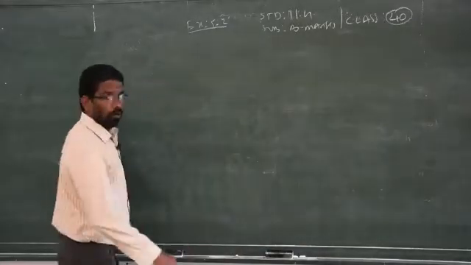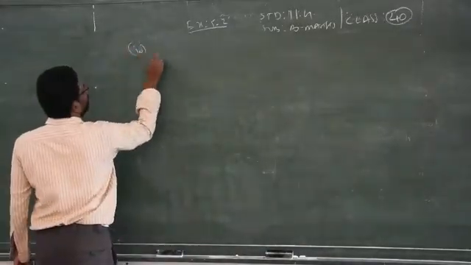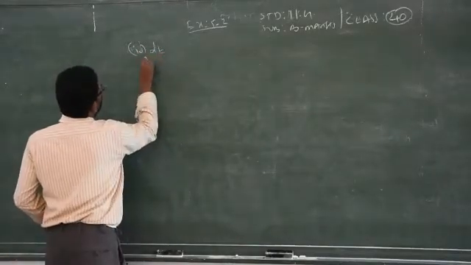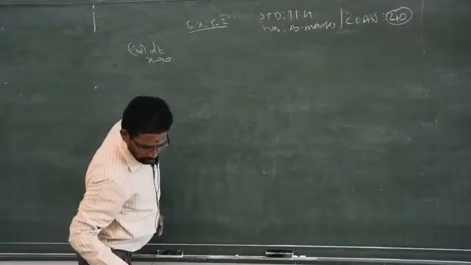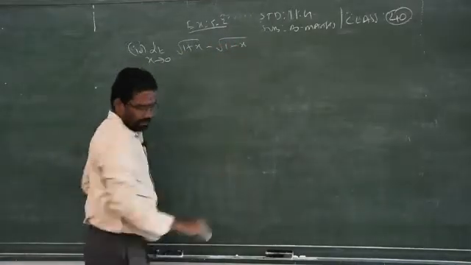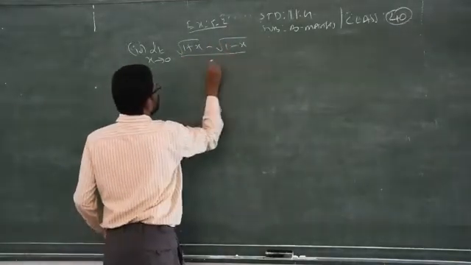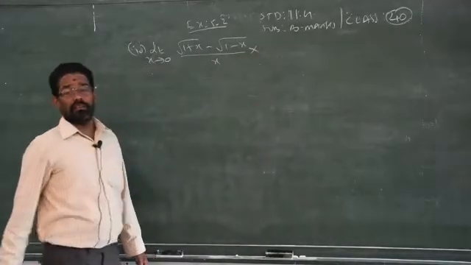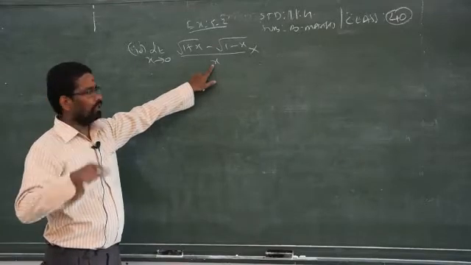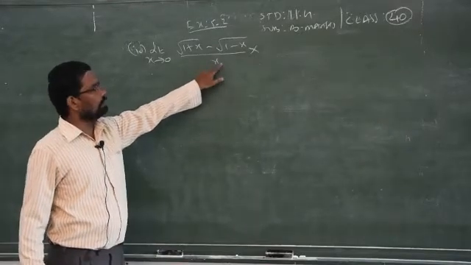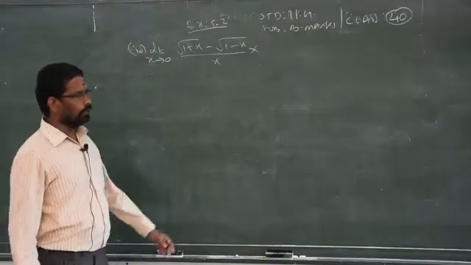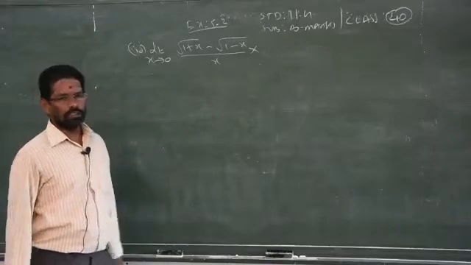So now question number 4. What is given? Limit x goes to 0, square root of 1 plus x minus square root of 1 minus x, by x. So you have to rationalize. If you replace x equal to 0, as I told you already, the denominator will become 0, and replacing x in limits that way leads to the wrong answer. It will give you infinity. Anything by 0 is always infinity.